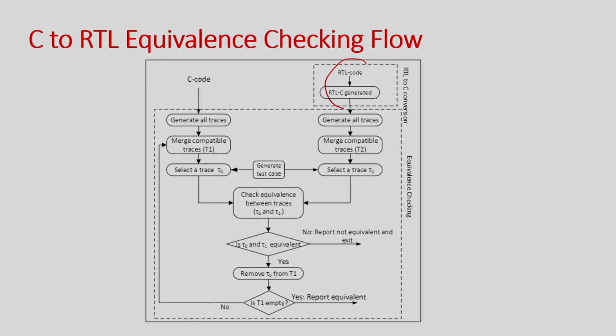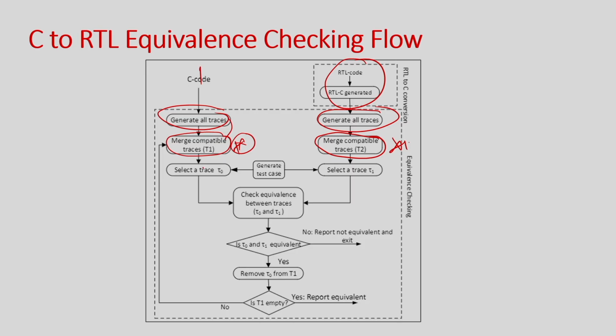So, this is the RTL to C conversion. Let us go into the method first. Basically, I have to identify all the traces, so I am going to find all the traces in both behaviors. This is my input C code, this is the RTL, and then the interesting thing I am going to do is merge compatible traces. Whatever traces there are, I will find the compatible traces and merge them into one, so it will reduce the size. The same thing I am going to do here. I am not checking anything beyond this.